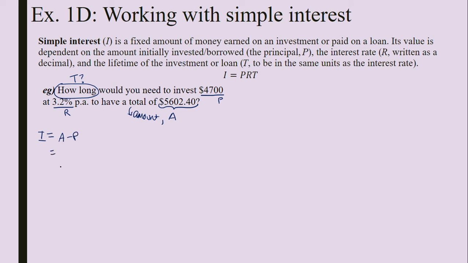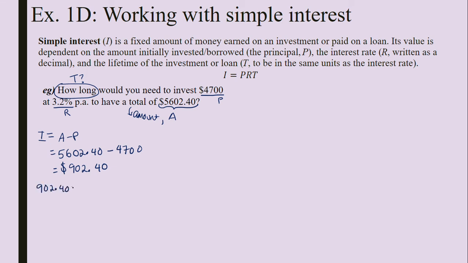Or, in this case, $5,602.40 minus that $4,700 that we initially invested. And that gives us a total interest value of, and of course you can solve this on your calculator, $902.40. So now we have I, we know what P and R are from the question, we can now solve back for T. So we'll substitute into the formula,